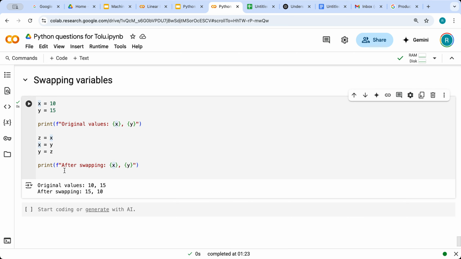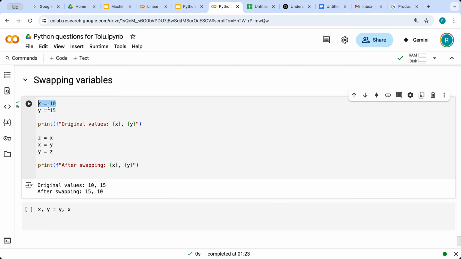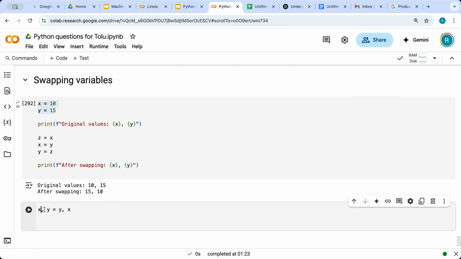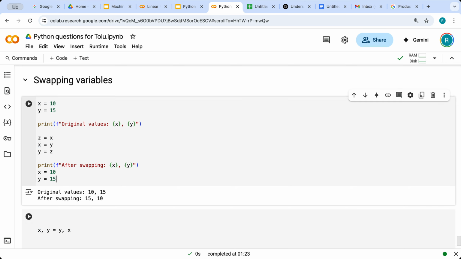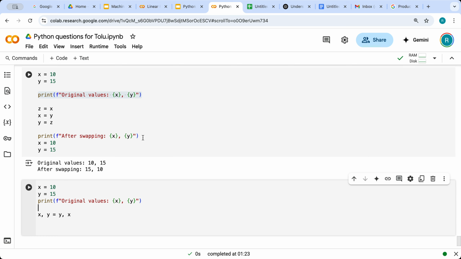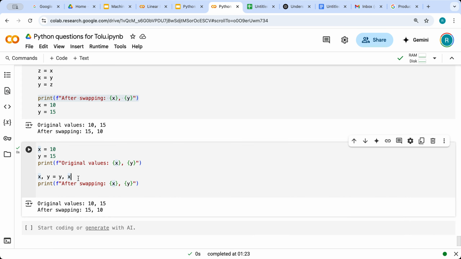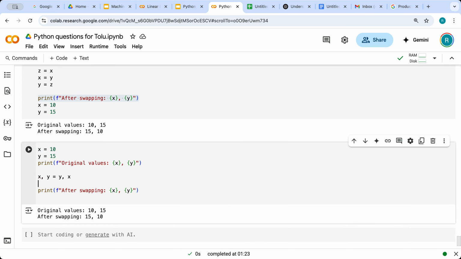So instead of that, what you can do is just write x, y = y, x. You can also use this one. This helps to swap the variables. Let's see. I'm pasting the same here, the original values, and then after swapping, now you see. So we can quickly swap just by using a small syntax, x, y = y, x,